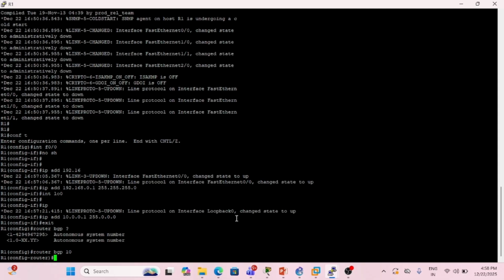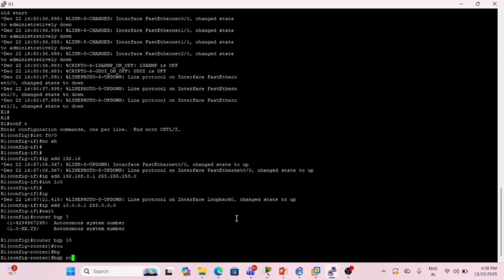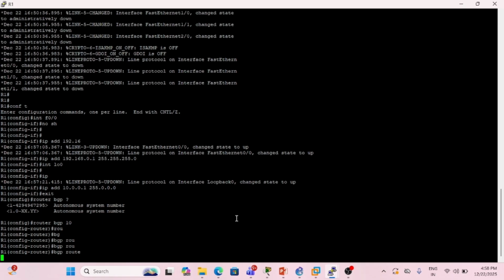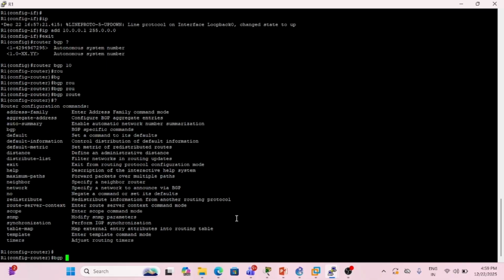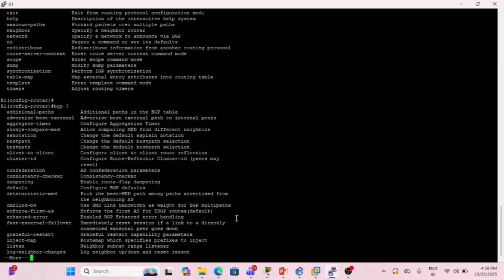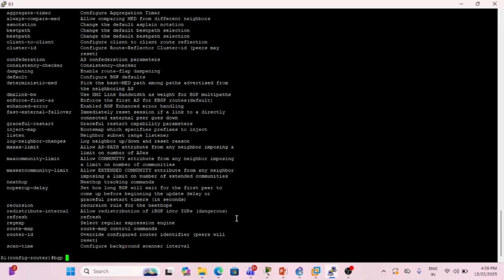Internal BGP means all the peers, all the routers will be in the same AS. And the BGP router ID is not taking the router ID here. So let's go to the BGP and let's check the router ID. You can see that is there. So it would be router-id, say 1.1.1.1, this one,